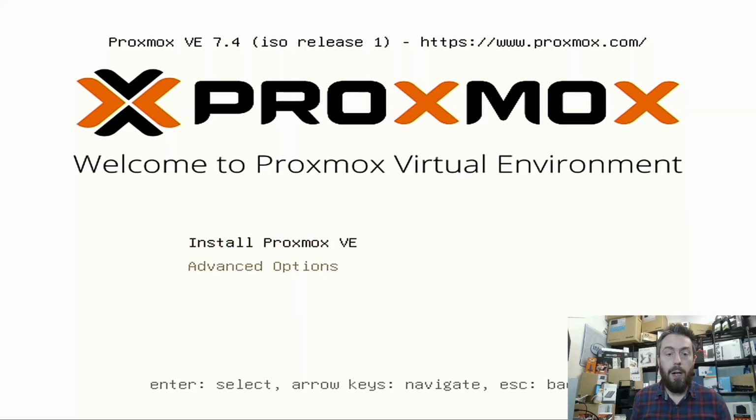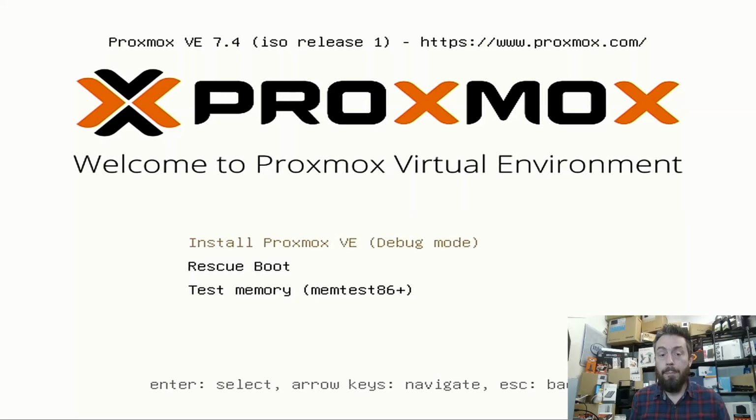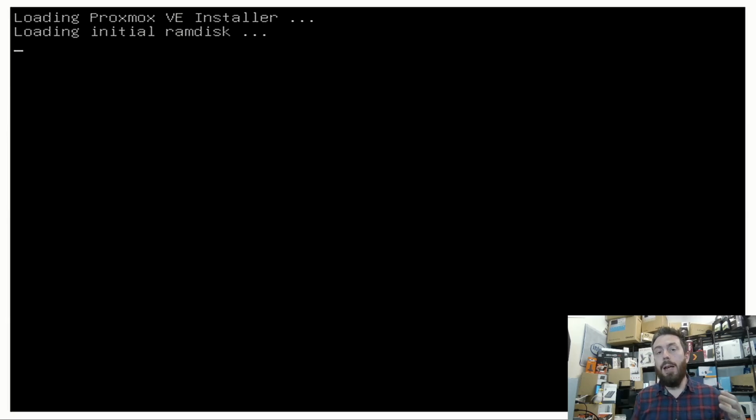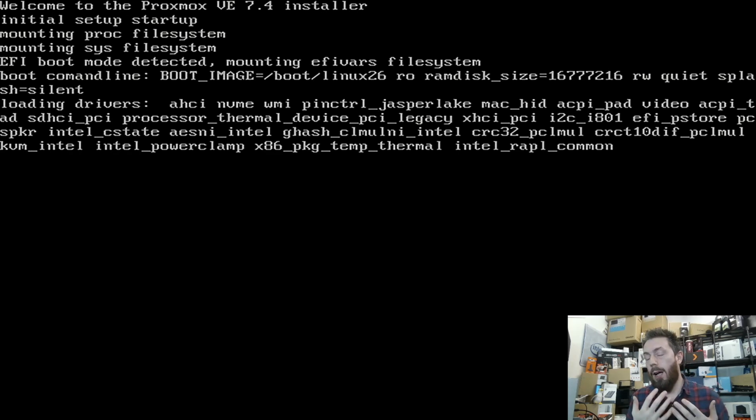Now, there are advanced options if you choose to boot into a safe state or do some memory testing. So again, they're all options there, but for me, I'm not going to be doing any of that. I'm going straight into the installation of Proxmox. Now, this is what I mean about whether you're going to be utilizing a keyboard and mouse setup or just a keyboard, because there are going to be options that you need to navigate, and there is USB mouse support. So if you've got one, great stuff. But otherwise, it's really easy to scroll through with the standard tab and arrow keys all the way through.